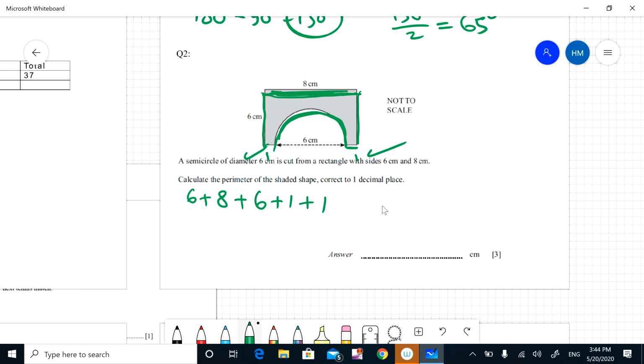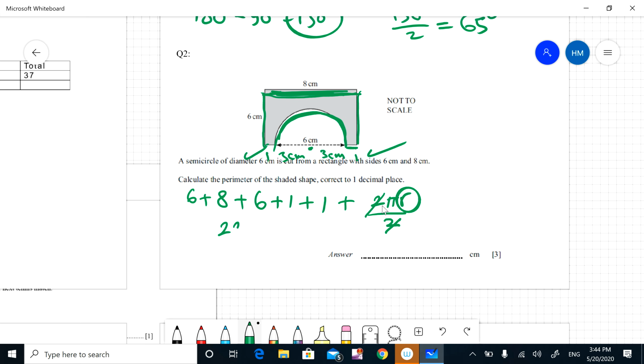And this arc is like the circumference of the semicircle. You know the circumference of the circle is 2 pi r, but because it's a semicircle, you have to divide by what? 2. What about r? What is r? R is the radius. Because this diameter is 6 centimeters, it will be divided into 3 centimeters on this side, 3 centimeters on this side. So if you cancel 2 with 2,